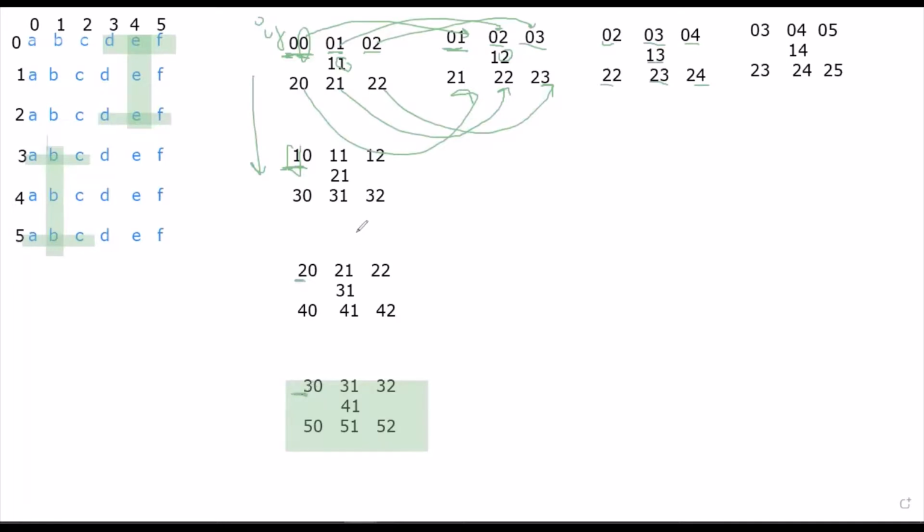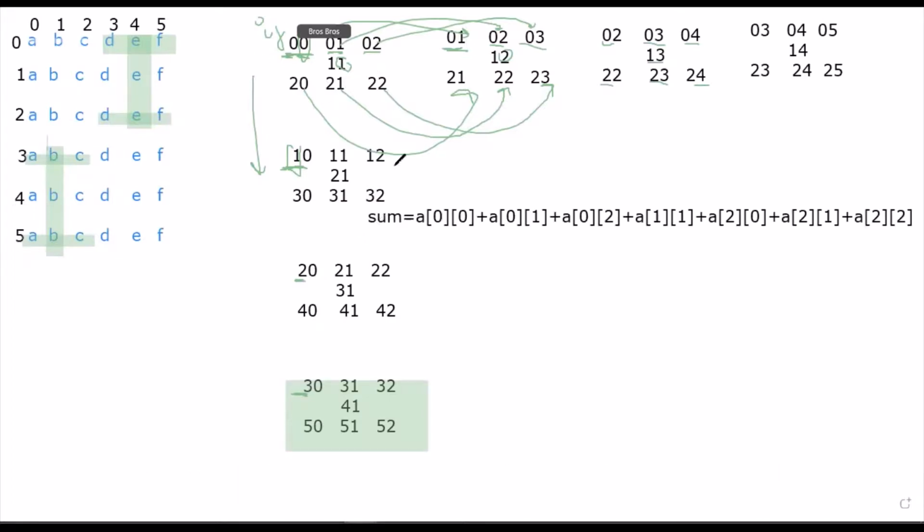So what we have to do is calculate the sum of these elements. If we calculate the sum of the first R class, the sum will be this. These are the indexes written: 0, 0, then 0, 1, 0, 2, 1, 1, 2, 0, 2, 1, 2, 2. So this will be the first row. You can see these three indexes for the first row. This is the middle element A11 and the last row of the R class.